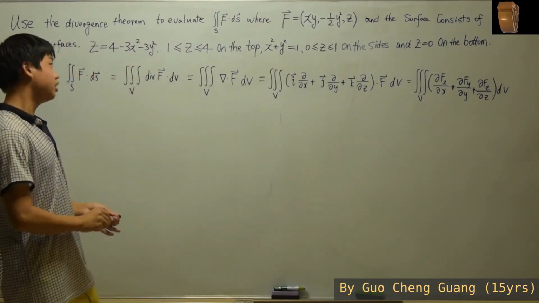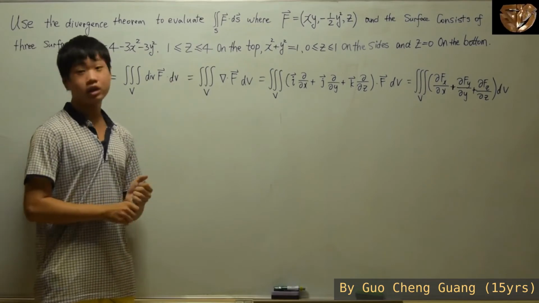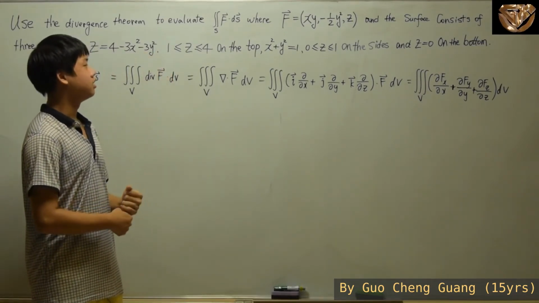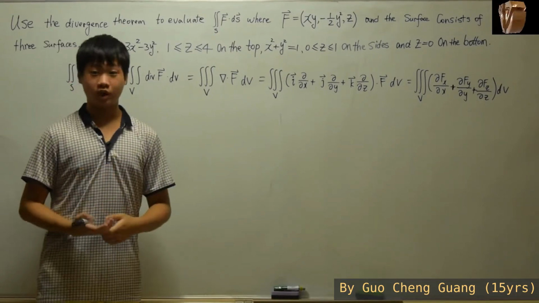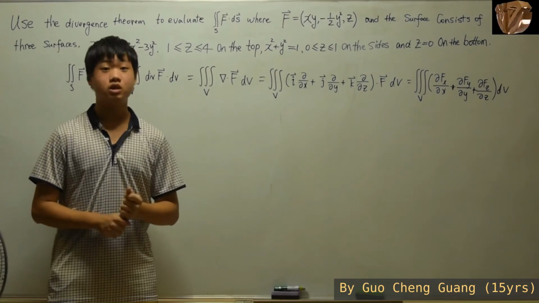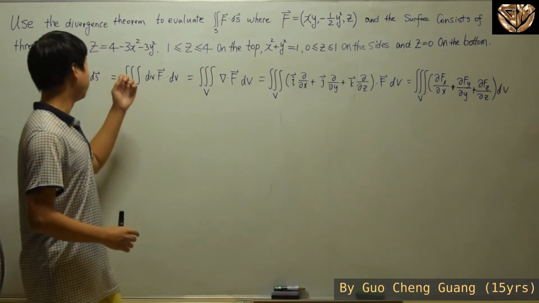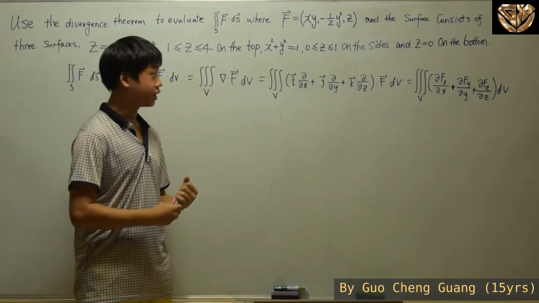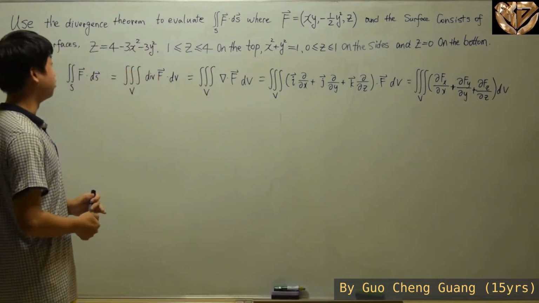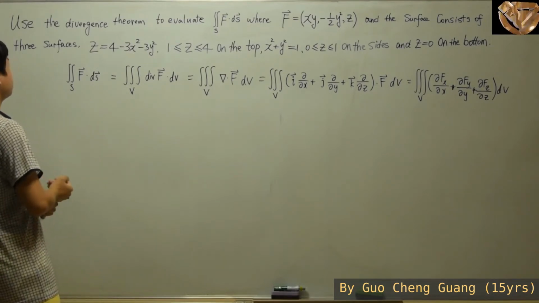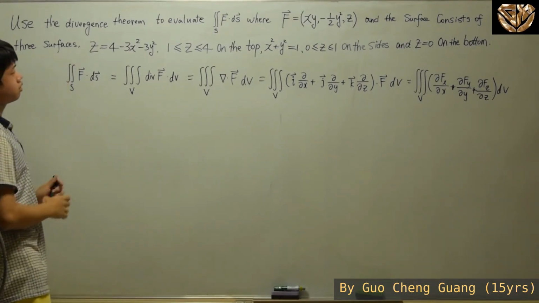So generally, you'll want to try to find this kind of flux with this double integration, but then sometimes you just don't have the right thing, and you have to change it into a triple integration to find your flux. Right, so we're given your F vector,